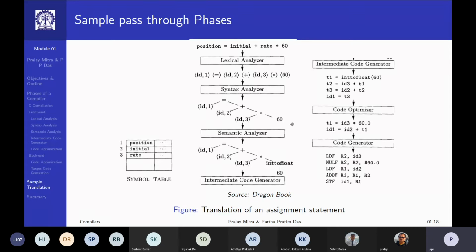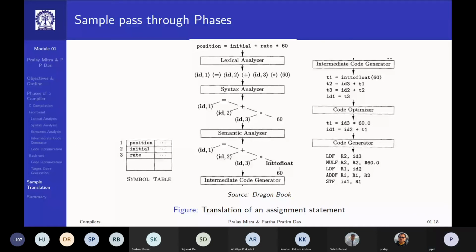The semantic analyzer has to convert it to float and do this. Then the intermediate code gets generated, then optimized code, and finally the generated code. This is the whole flow.